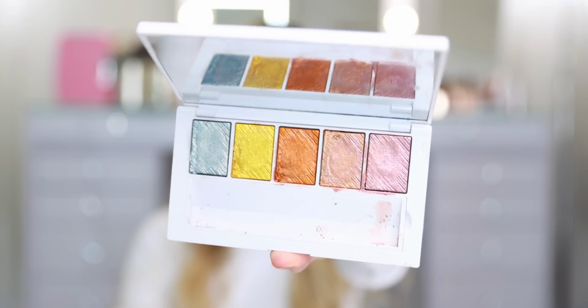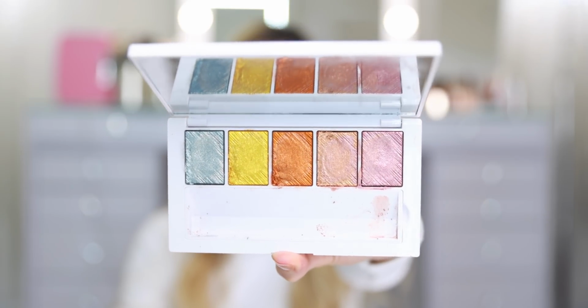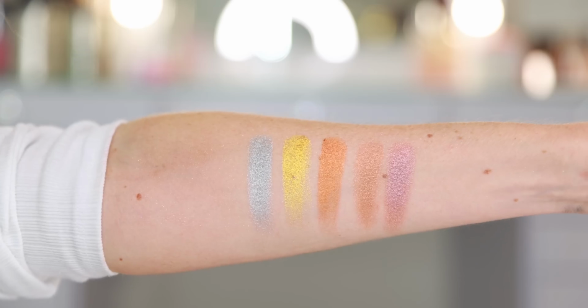He took the metals that are found in nature, like silver, gold, copper, bronze, he threw in rose gold, and he created this formula that can be used wet or dry, but when you mix in the Master Metal Manipulator, it creates a smudge-proof liquid shadow. Very cool to play around with. You can create liquid eyeliners if you go in with a more detailed brush, straight from the mind of a